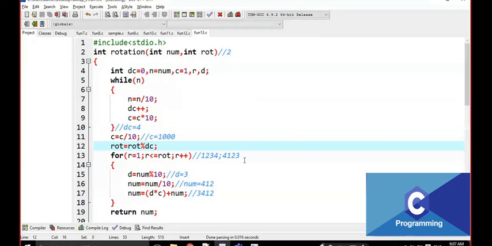If you do not understand this program, how I am writing it, just take one number and take some 2 to 3 rotations and work manually. That's it. Every step we have to write manually on paper. Take pen and paper and work mathematically. Then you will get a clear idea about how I am working here.